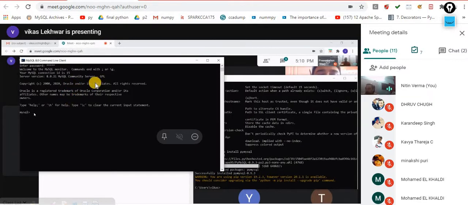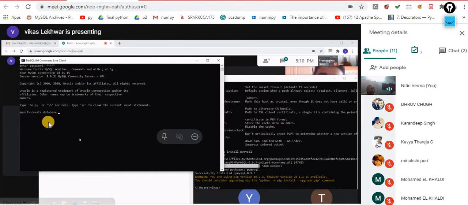Okay, so now what you have to do? First, create a database. The command for creating a database is create space database, and space, provide any name to the database, whatever name that you want.